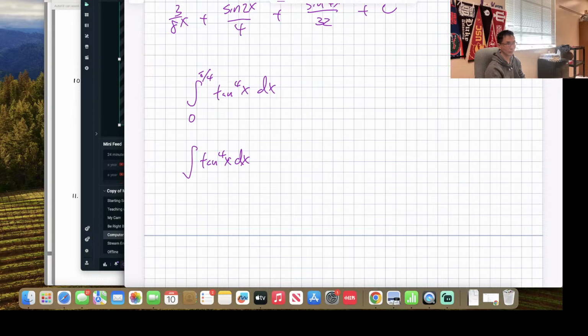I think one thing... Or you can split it up. The integral of secant squared is